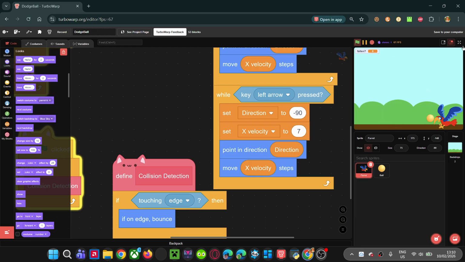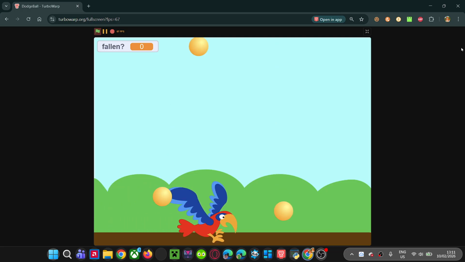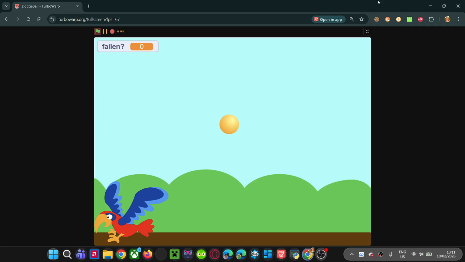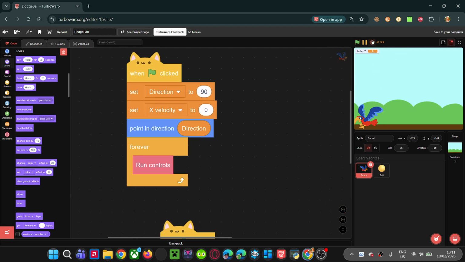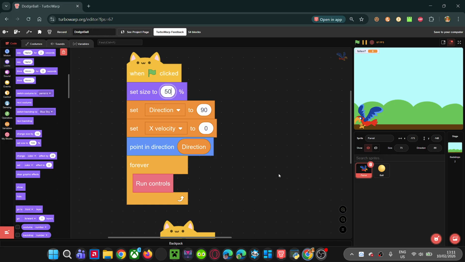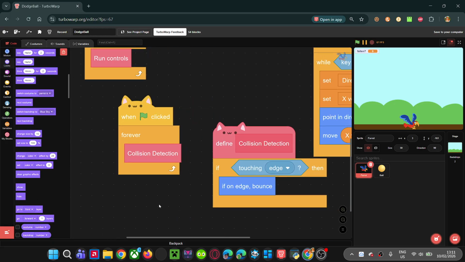Let's try the game. You can move against the balls, but you need to make the parrot smaller to make the game fit. So set size to 50. The parrot needs to be in the gray brown thing. Now, the game is not yet complete because you need to make